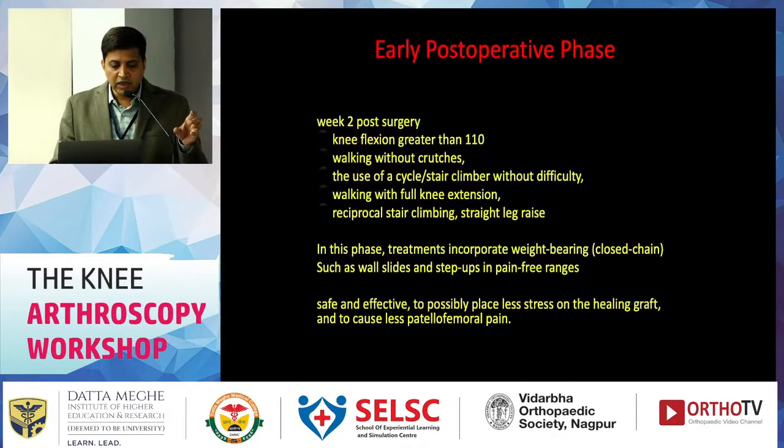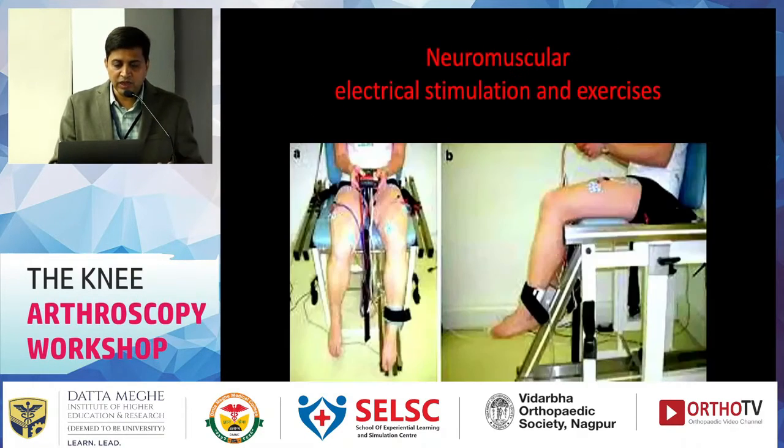Early rehabilitation is usually the first 2 weeks, where you can start getting good knee range of flexion and walking with full knee extension. You can certainly start some cycling and stair climbing initially as well. You should try to incorporate closed chain weight bearing exercises immediately. Sometimes I have found neuromuscular electrical stimulation useful